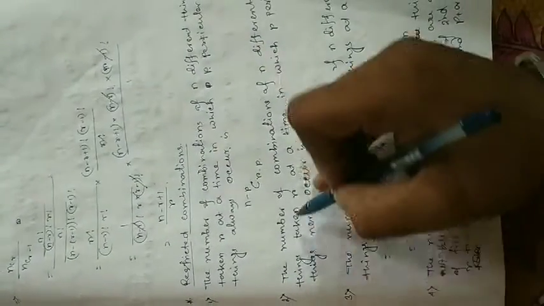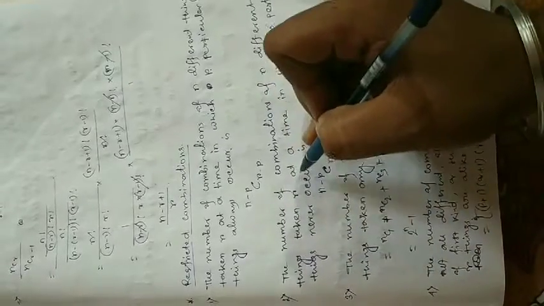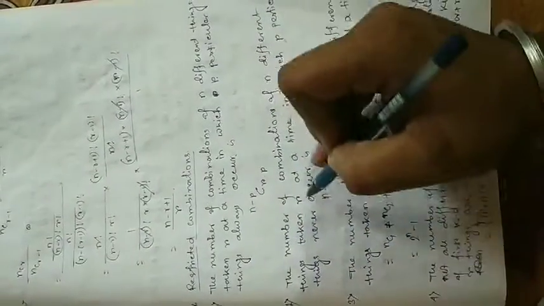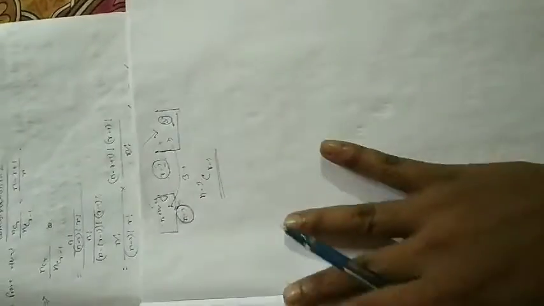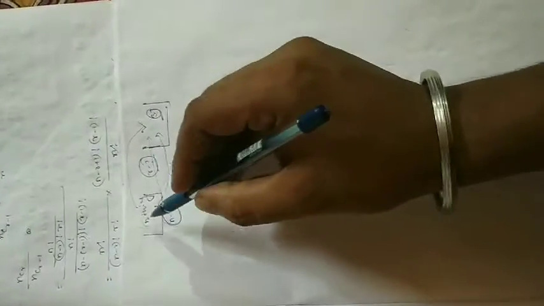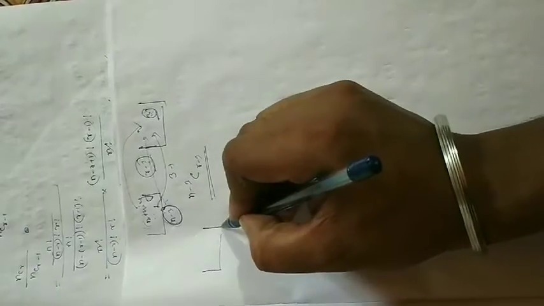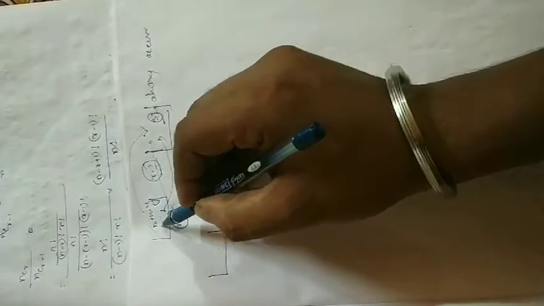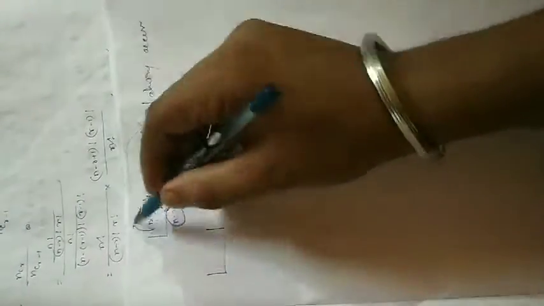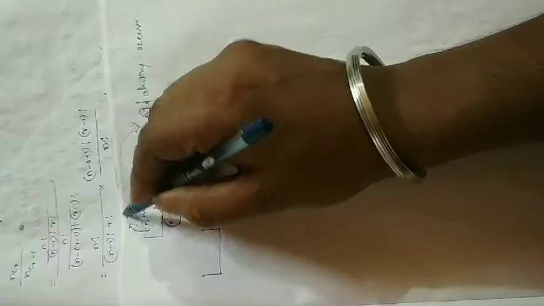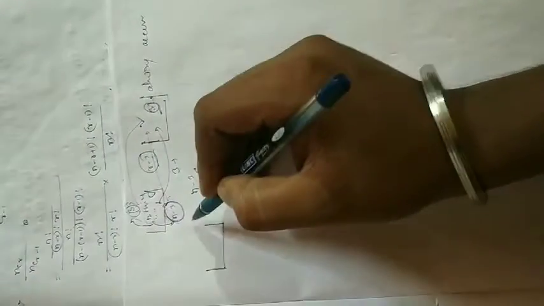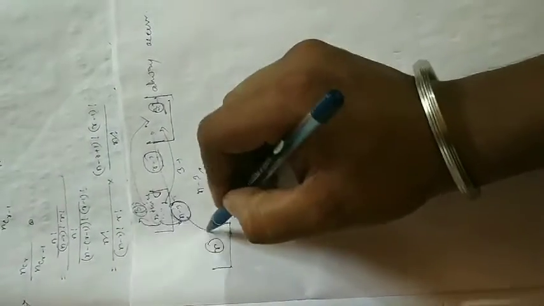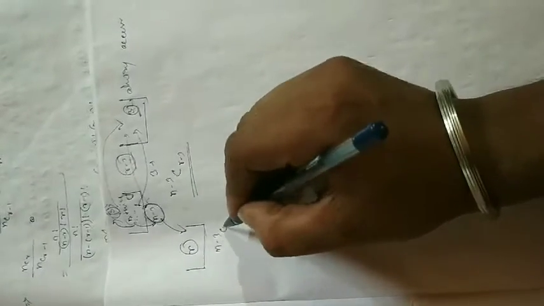Now second is the number of combinations of n different things taken r at a time, in which p particular things never occur. So if we select the same example, as 3 particular things never occur, whereas before 3 particular things always occurred. Okay. But here 3 particular things never occur. So the 3 particular things we put aside. So the remaining will be n minus 3, and we have to take r things. So how many ways can we select? (n-3)Cr.